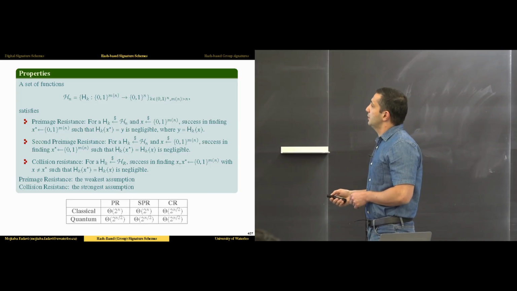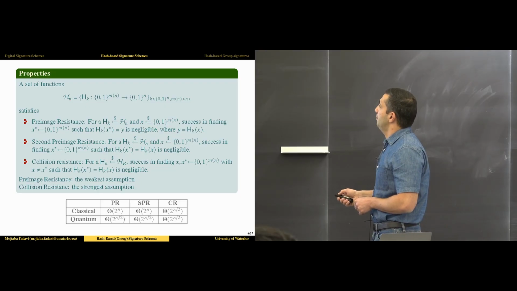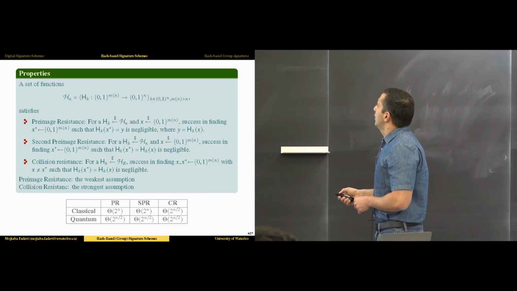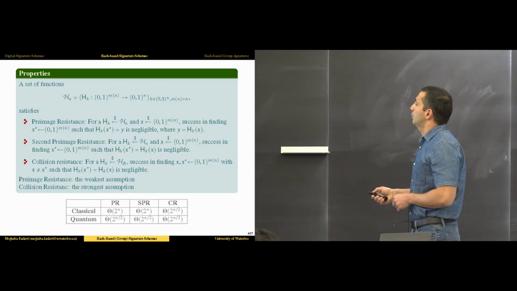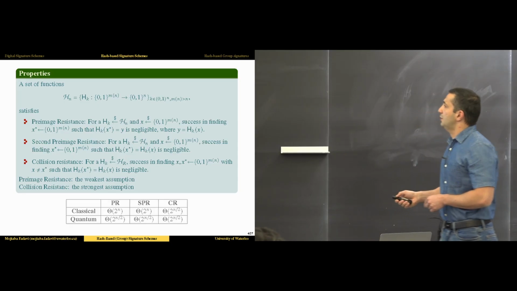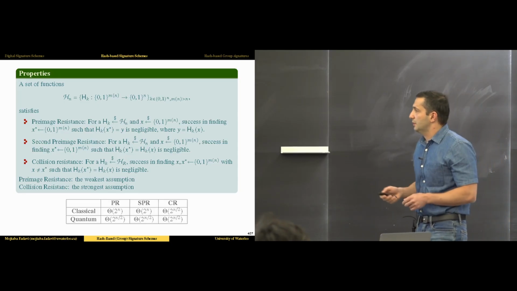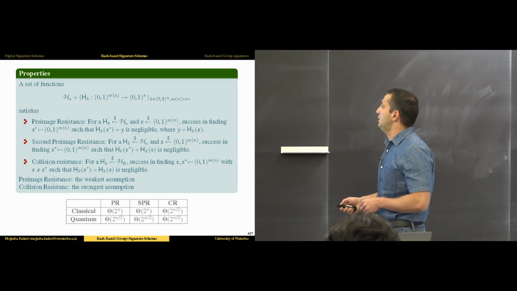And the last property is collision resistance, that says for a randomly selected hash function from this family, the success probability of finding X and X star from the domain with the same hash value is negligible. Preimage resistance is the weakest assumption, so it's harder to break, and collision resistance is the strongest assumption. And you can see the time complexity of attacking these